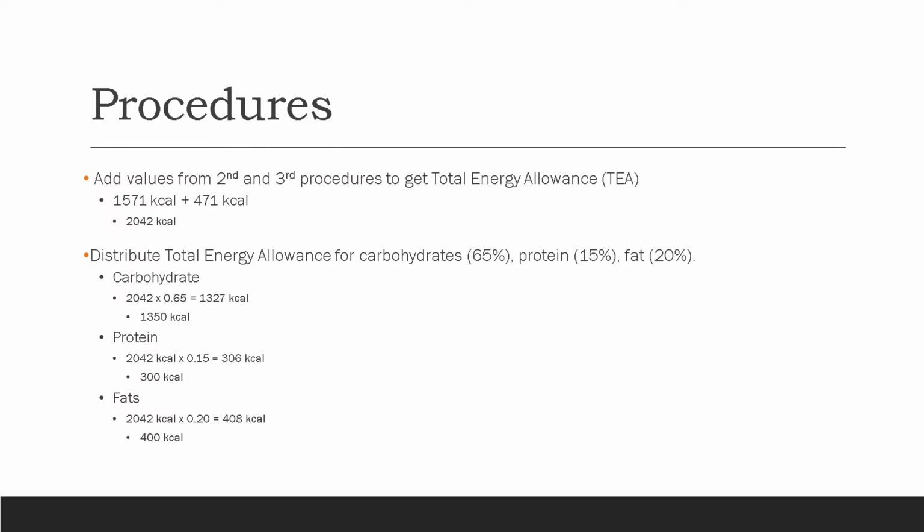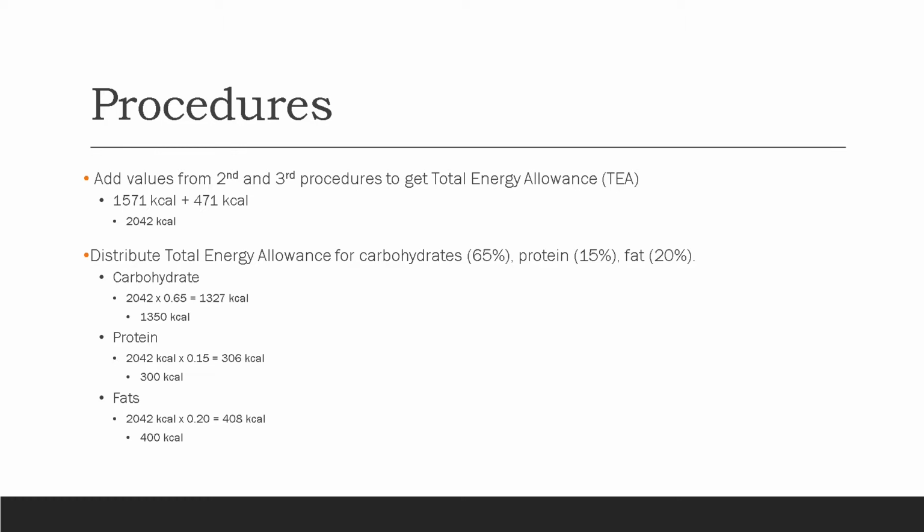For the next procedure, you want to add values from the second and third procedures to get the total energy allowance. You want to get 1,571 kilocalories, adding the physical activities, which is 471 kilocalories. You'll end up getting 2,042 kilocalories. Next, you want to distribute the total energy allowance for carbohydrates, which is 65%, for protein, which is 15%, and fat, which is 20%. For carbohydrates, you want to take 2,042 and multiply it by 0.65 or 65%, and you'll end up getting